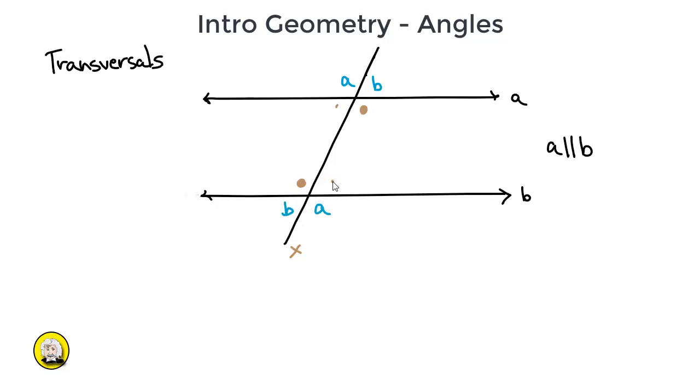Also, we may want to look at corresponding angles. This angle B is a corresponding angle to this angle B. They're both above the parallel line to the right of the transversal. So they are corresponding angles. Likewise, I could say this angle must be A, and that's a corresponding angle to this angle A, and they will in turn be congruent. So alternate exterior angles are congruent, corresponding angles are congruent, and alternate interior angles are congruent when we're dealing with